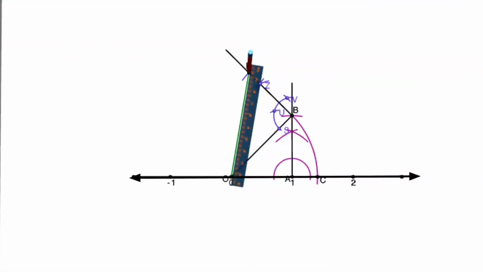So what is the procedure? You remember in root 2, what did you do? The moment we got the length of OB, with OB as the radius and center as O, I made an arc. The same thing I'll be doing now with O as center and radius equal to OD. Now, if I make an arc, wherever that arc intersects the number line, that point will give me root 3. So let us do that.